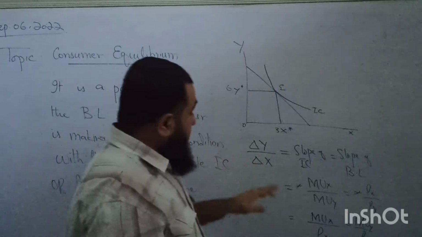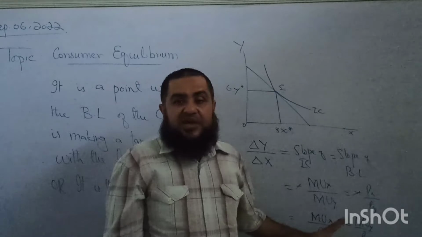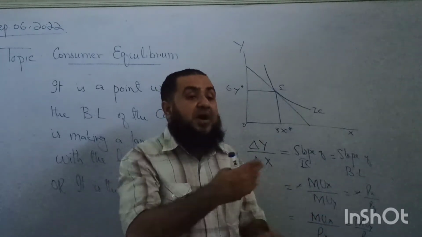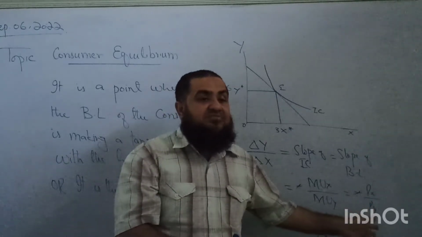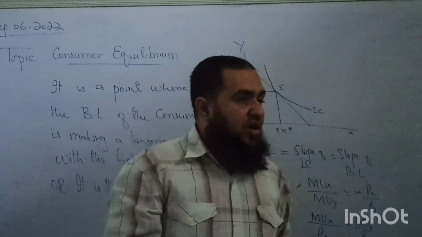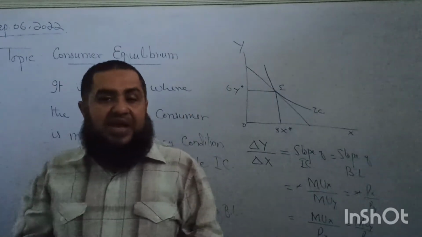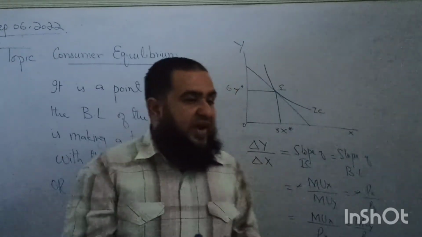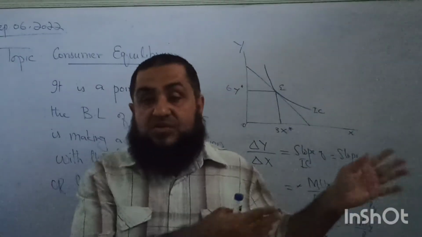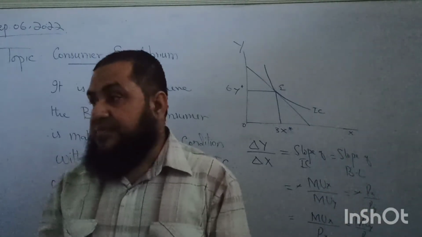Clear? If price of x is going to decrease and marginal utility is the same, then this ratio will increase for the consumer and he will start buying more of x and decreasing the consumption of y. Clear? If price of x is falling, so per dollar marginal utility on x will increase and he will increase the consumption of x and decrease the consumption of y. And again where this ratio is equated, that will be the new consumer equilibrium point.